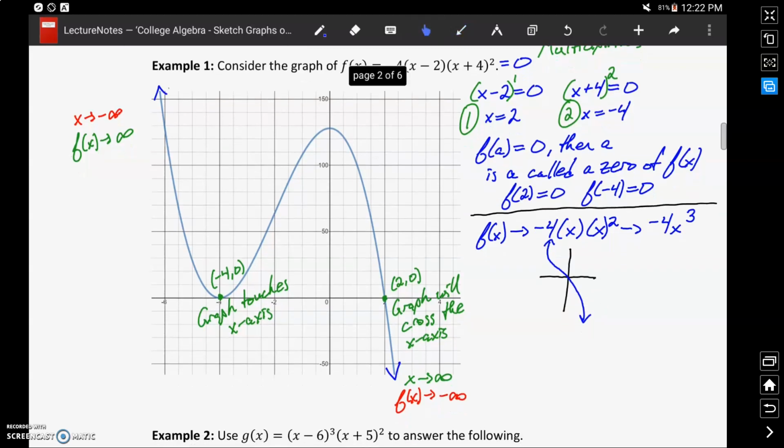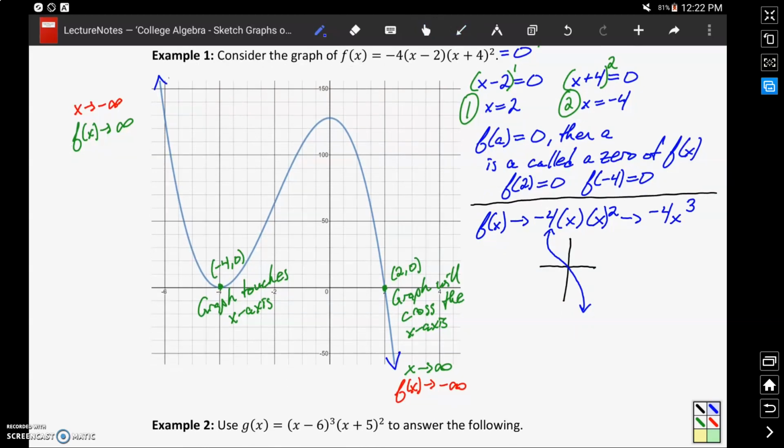The last thing we can look at is the number of turning points on our graph. In this case, our function has exactly 2 turning points, where a turning point is simply defined as a place where our function changes direction from increasing to decreasing or decreasing to increasing. Essentially, what we have at these turning points are local extrema, so a local maximum or a local minimum, or potentially an absolute maximum or minimum. In this case, we have 2 turning points,